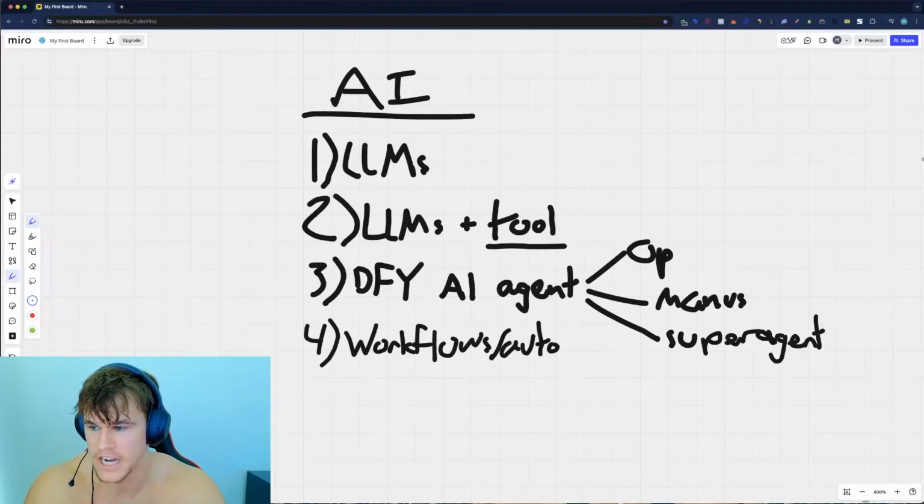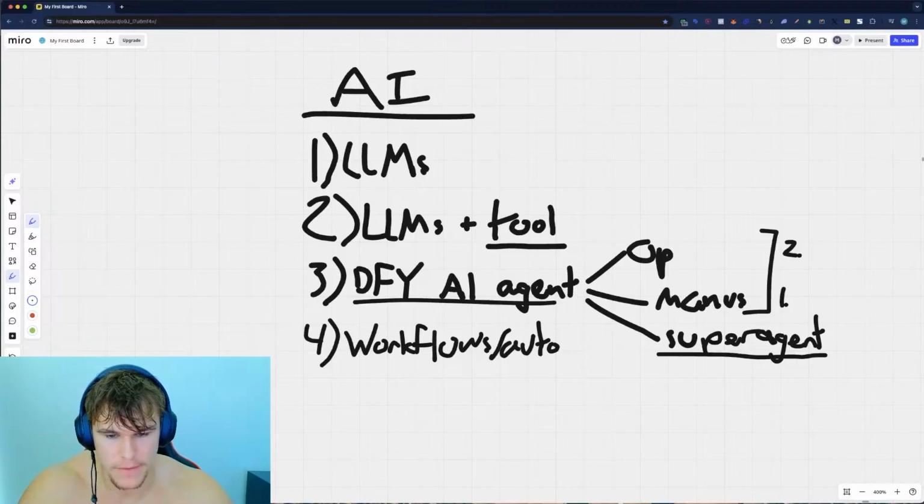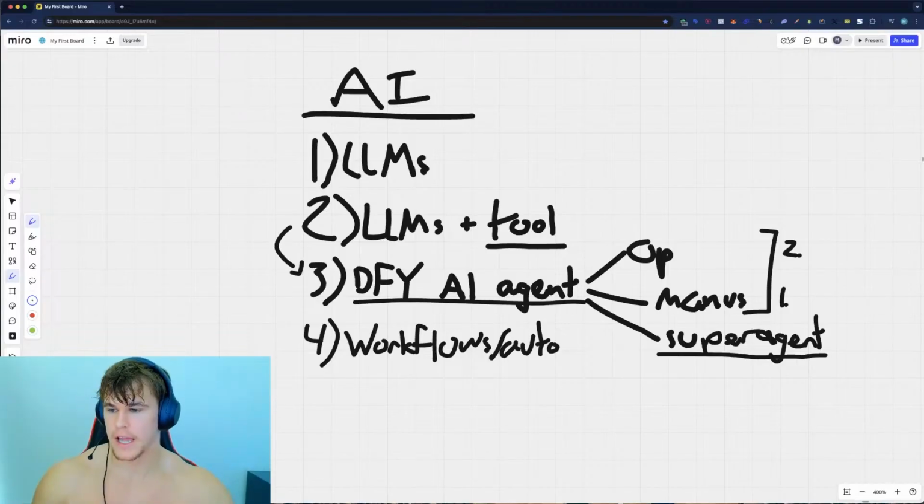Think of ChatGPT Operator, where there's literally a separate browser and you can say, hey, I want you to go to this website, follow these instructions and get me this outcome, right? Manus AI. If I were to rank these in terms of the external browser, only these two actually have it, Manus AI and Operator. Super Agent doesn't have this functionality. Manus is definitely better than Operator in my opinion. The difference between these two levels is that the AI agent has agency. It has autonomy. If you give it a set of rules and instructions, it is going to work even when you step away from the computer.